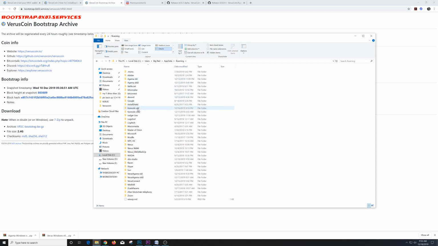The next one is Komodo. Then the next one you're looking for is going to be the Verus Agama Wallet. And that's it. Once you have those completely renamed, the system will automatically remake those folders for us, and we're going to let it do so. So the next step is going to be